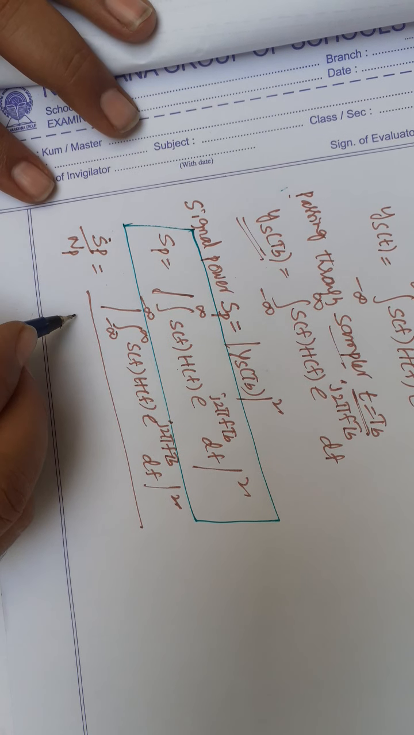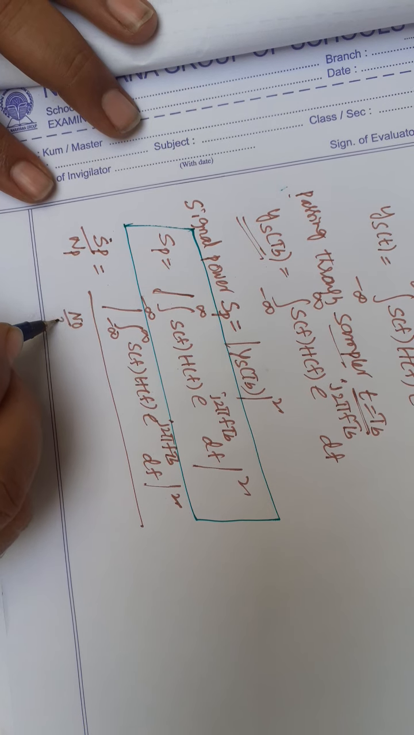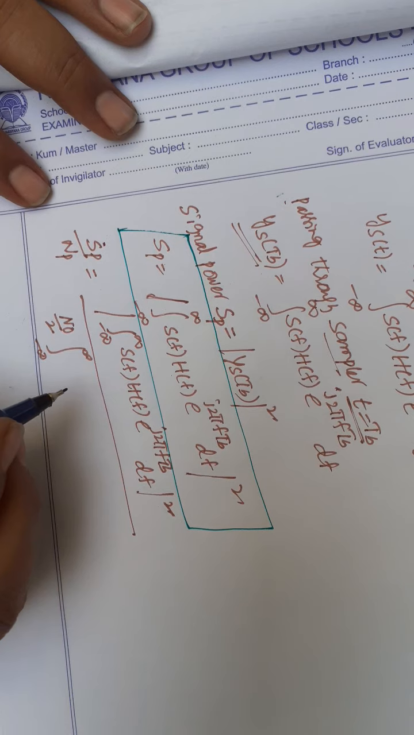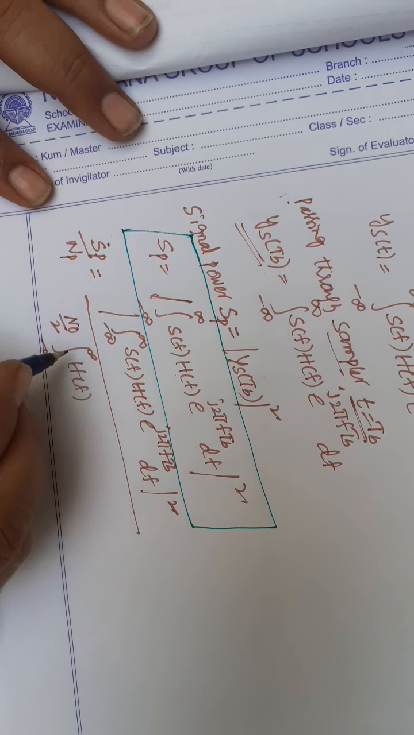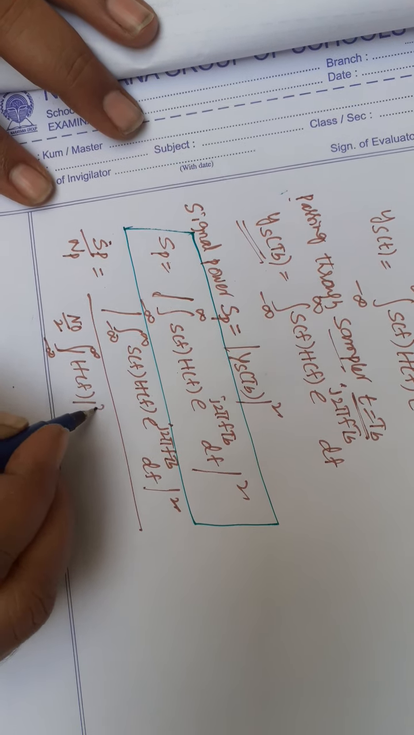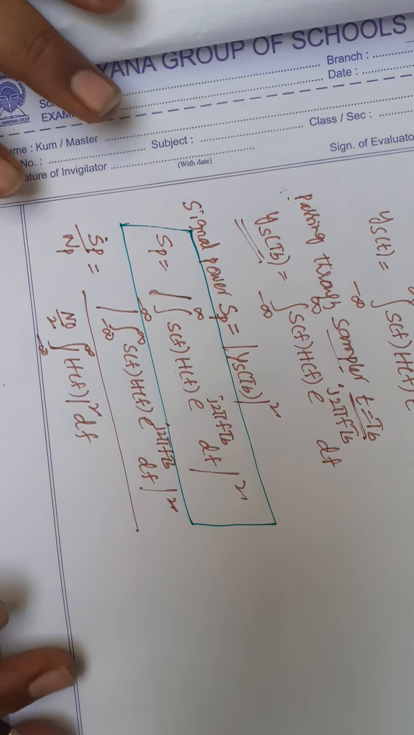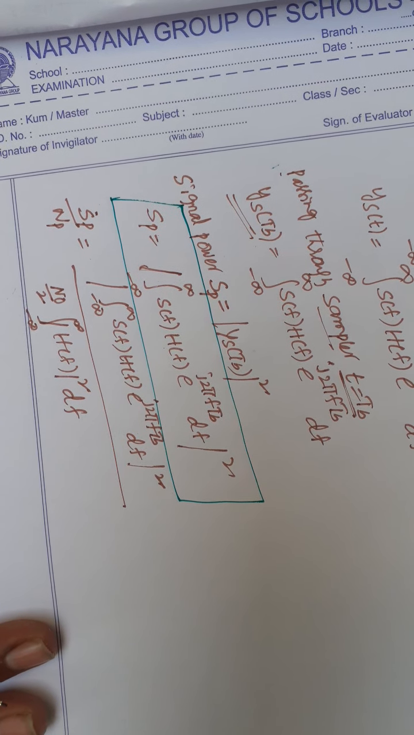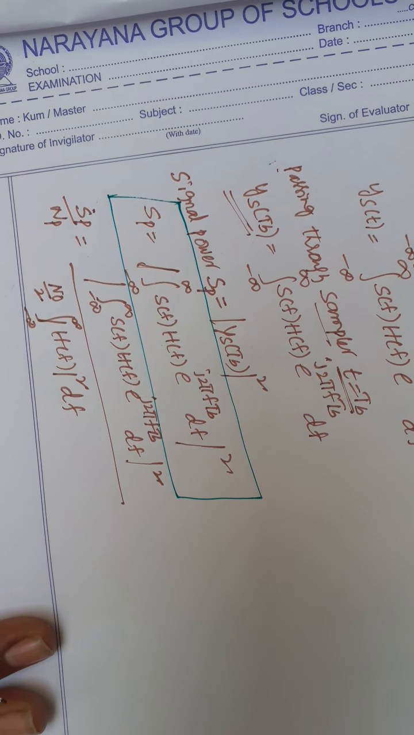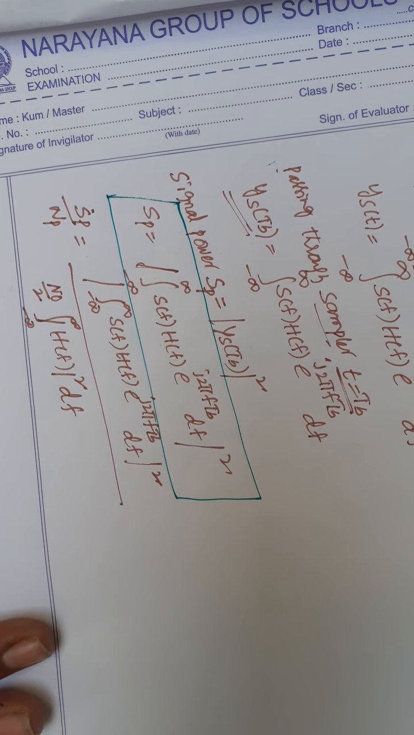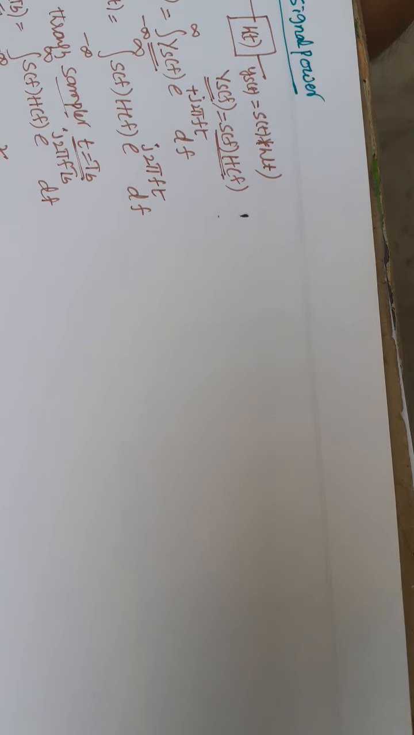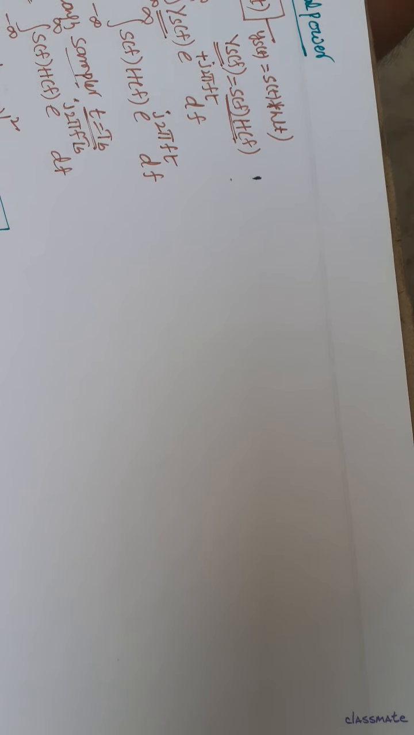What is the noise power? Just now we calculated, that is N0 by 2 times the integral from minus infinity to infinity of modulus H(f) whole square df. This is the signal to noise ratio, right? If you see here, there is no chance to cancel any term. So here we use the inequality equation, which says that